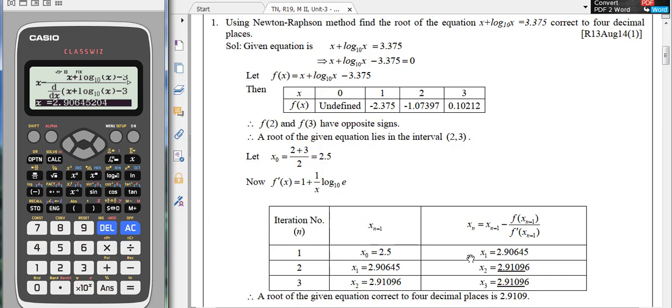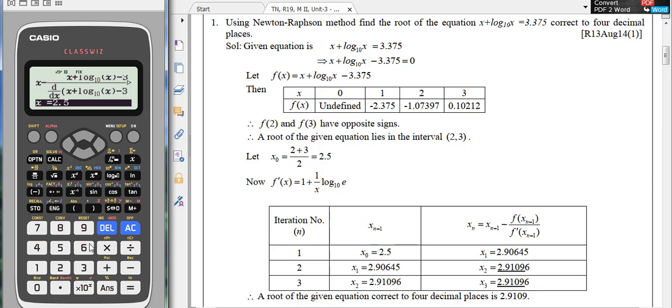So for the first approximation x value is to be given as 2.5, the initial approximation, so that x1 will be equal to 2.90645. By fixing the calculator for 5 decimal places, you can have its value as 2.90645. And for the next iteration n is equal to 2 and xn minus 1 will be x1 which is equal to 2.90645. And to get the successive second approximation, once again go for the calculator and operate calculate key, and